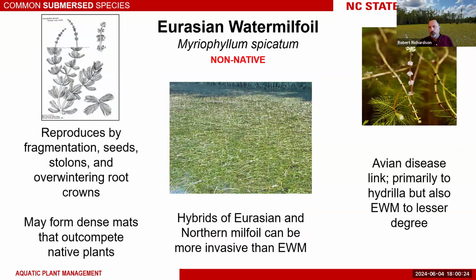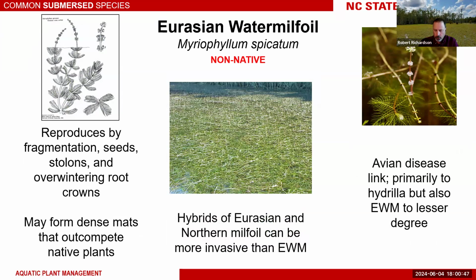Now it does reproduce by several methods: fragmentation, seed, stolons, and the root crowns will typically overwinter and resprout the following year. So it is a weak perennial, herbaceous perennial, and does typically resprout. It can form really dense mats that you see there in the center, and of course native plants can't compete